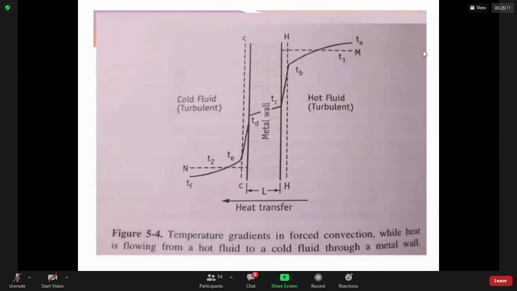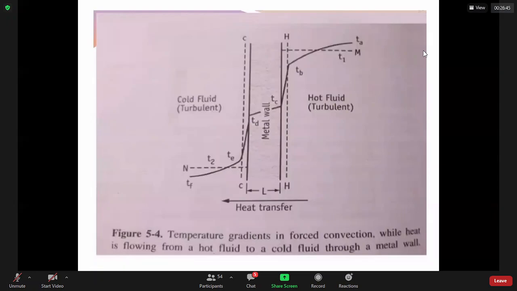Now, TC is the temperature at the actual interface. While the curve TA, TB, TC represents the temperature gradient from the bulk of the hot fluid to the metal wall. So from TA, TB to TC, that's the temperature gradient from the bulk of the hot fluid to the metal